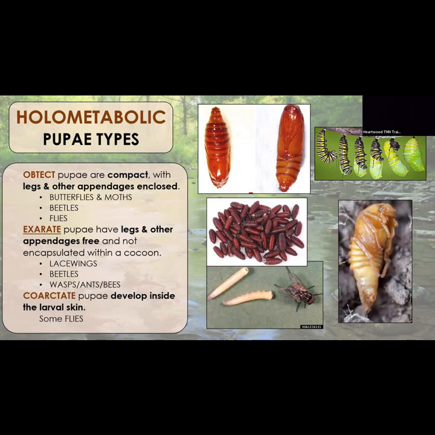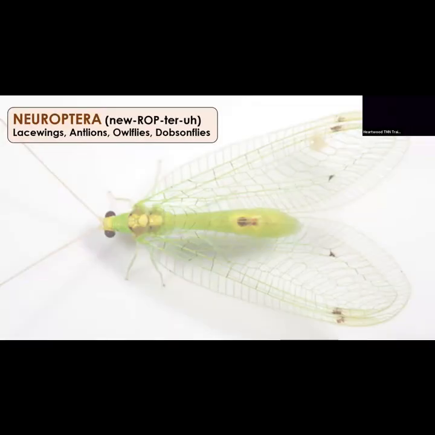And then you've got coarctate. These are ones that develop inside the larva. That's usually your flies. So like the maggot starts to harden around itself, and then the adult flies. I have friends that are fly people. I'm not a fly person. I appreciate what they do, but